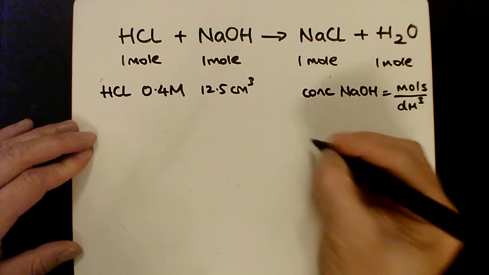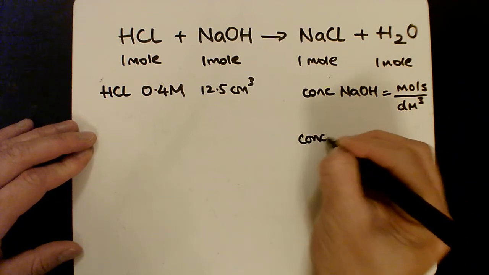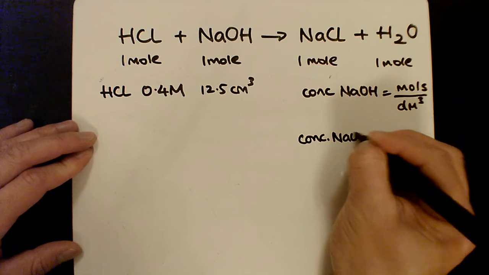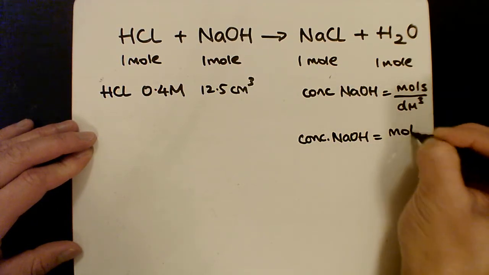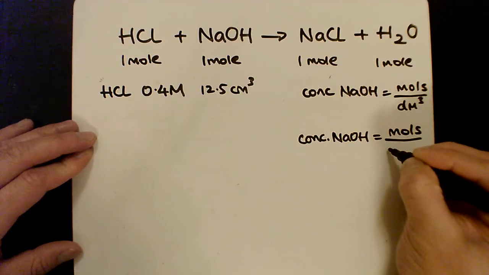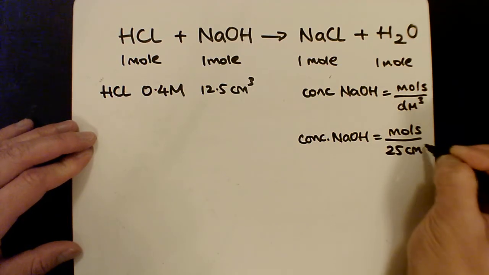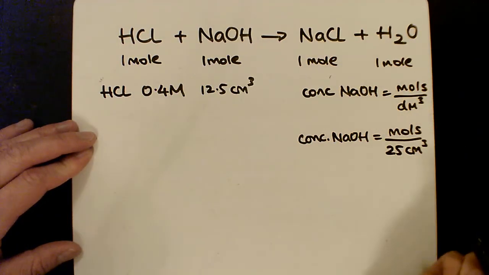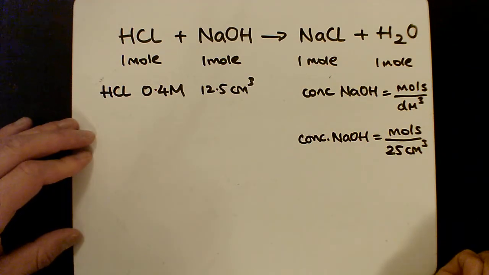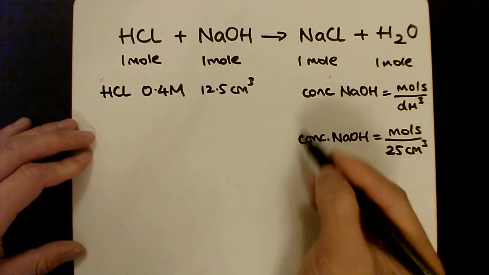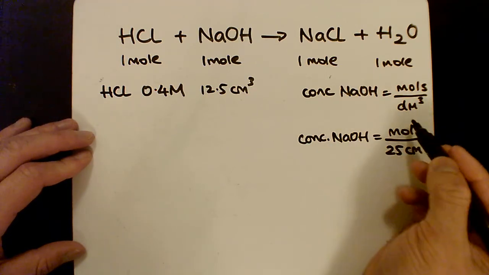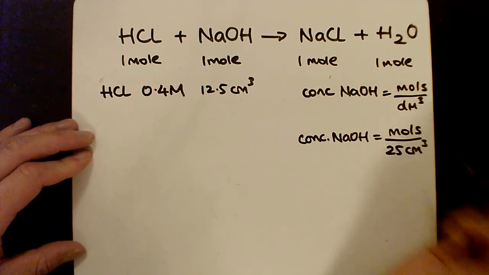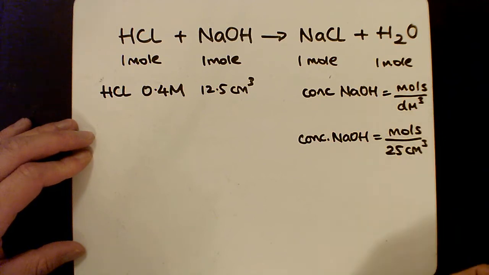Let's write this out on a separate line. I do know that I started with 25 centimeters cubed of sodium hydroxide. So in order to find out the concentration of sodium hydroxide, I also need to find out the number of moles. And how do I do that? Well,